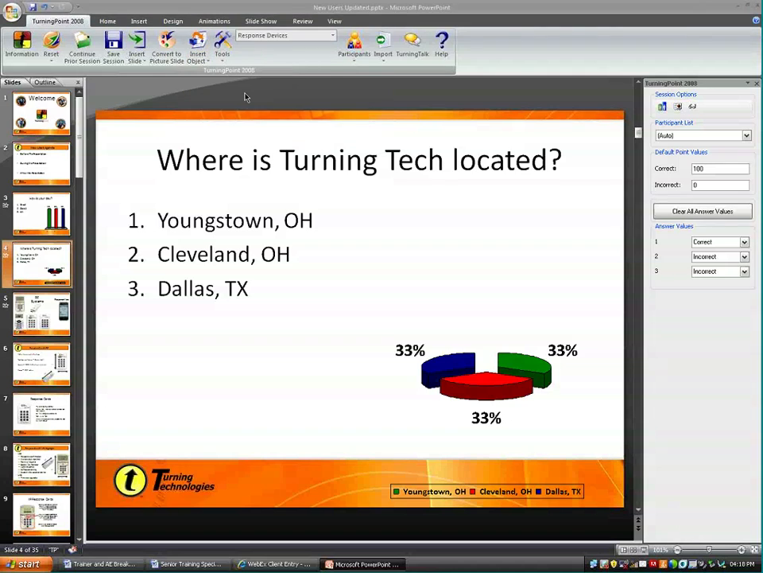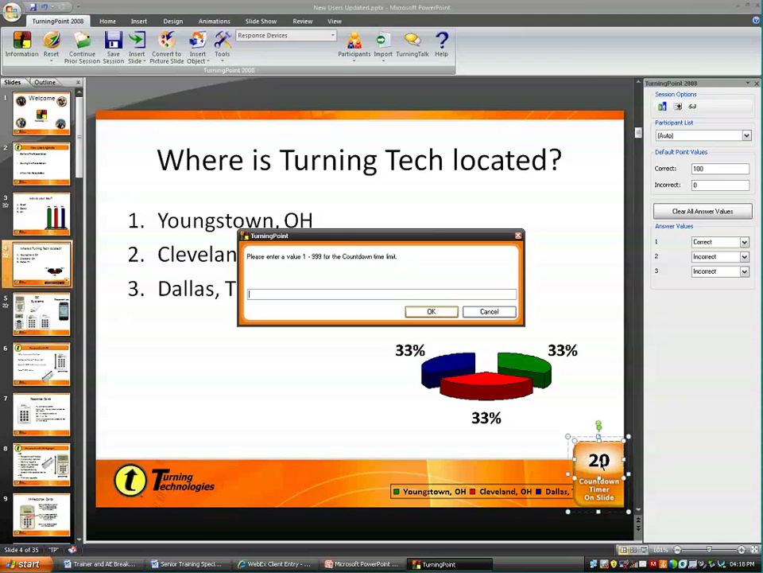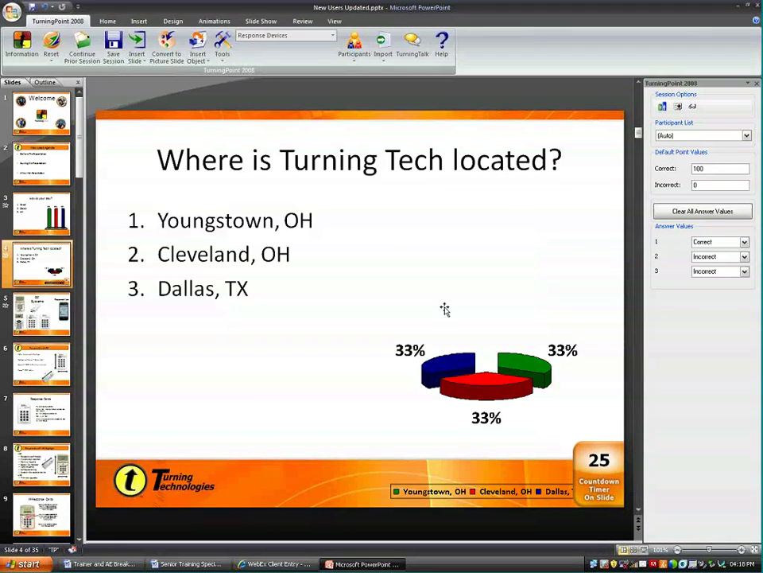So when I click on the countdown, do notice how it places it in the lower right-hand corner of the slide, and it reads 20 seconds. Now, if I want to increase or decrease the amount of time my audience will have, I'll go ahead and left-click in between the 2 and the 0. This is now going to ask me to enter a value anywhere between 1 and 999 seconds. I'm going to go ahead and type out 25, press OK, and as you can see, my countdown timer has